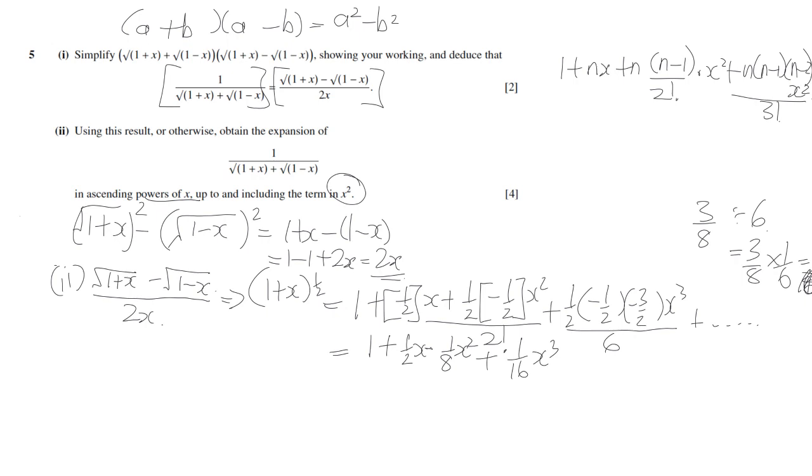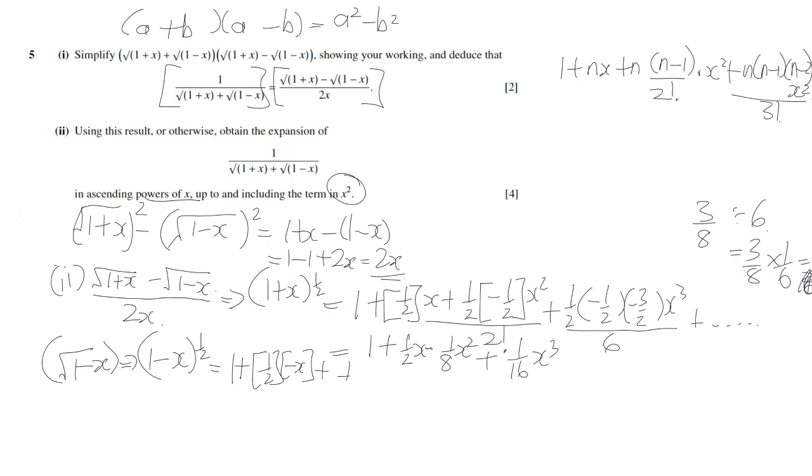Now for the second expansion, let's look at the square root of 1 minus x. This can be written as 1 minus x to the power of half. Same formula, let's use that. So this time is 1 plus half, and then remember this is negative, so you have to write it as negative,